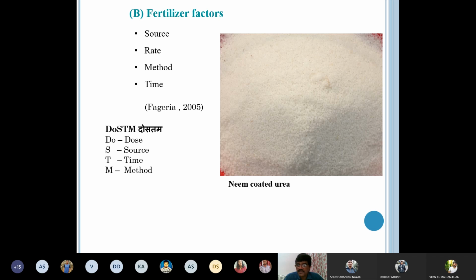Similarly, if phosphatic fertilizer and potassic fertilizer are placed in bands in soil, and they are covered with the soil, then you will have more efficiency than their broadcast application. But this is applicable to water soluble phosphatic fertilizer. Water soluble phosphatic fertilizer should be used in rows, in bands, in the furrows. They should be applied in furrows so that water soluble fertilizer comes in minimum contact with soil. If they come in minimum contact with soil, then their fixation will be less.